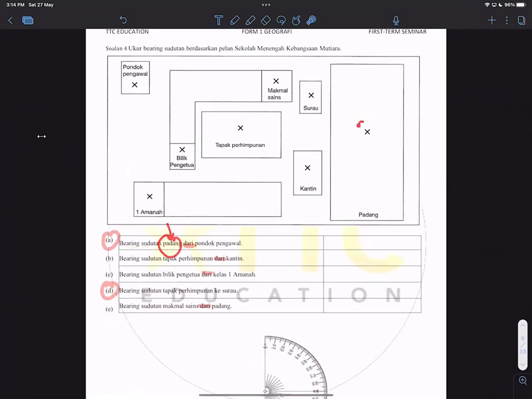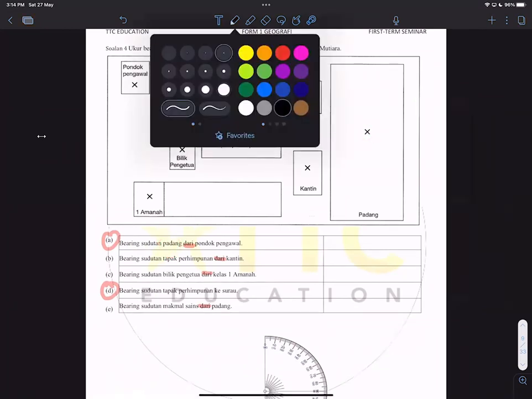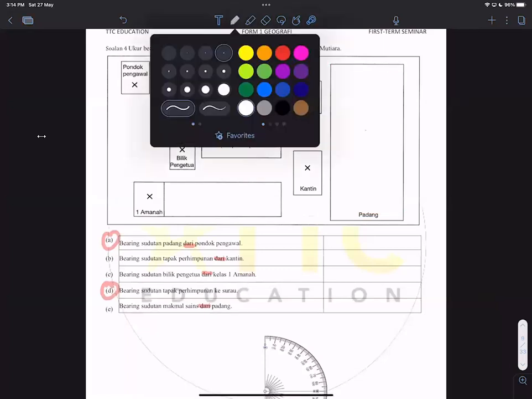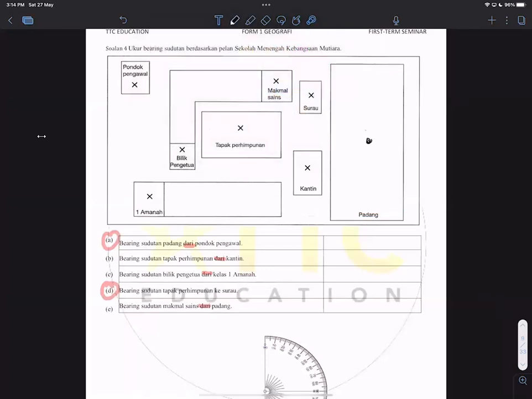So Padang is here. Usually they will not give you the titik. So how do you guys determine this is Padang? This is the height. So I agak-agak, this is the center. I try to plot a titik on the Padang. So if they give you the titik, then you just use this titik. If they didn't give you, this will be the center part. You guys have to estimate which part is the center for the Padang. So the bearing sudut of Padang,